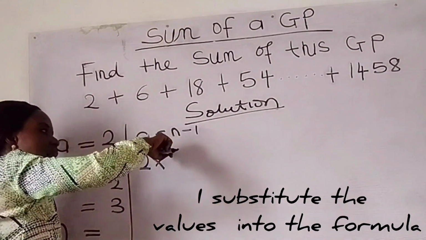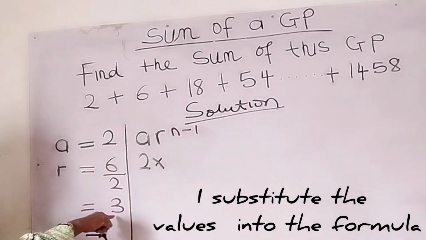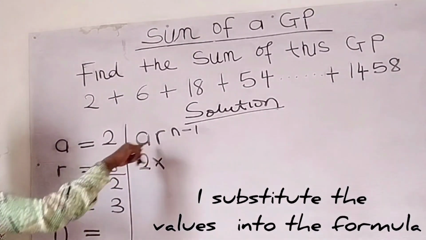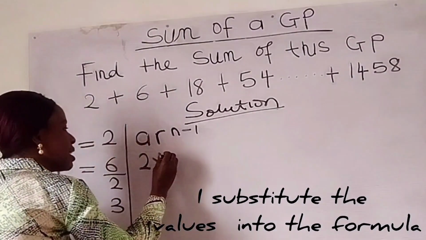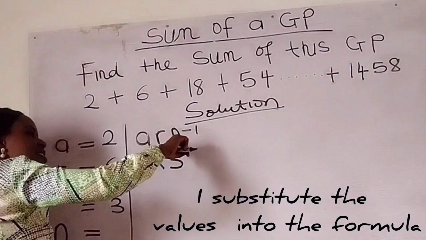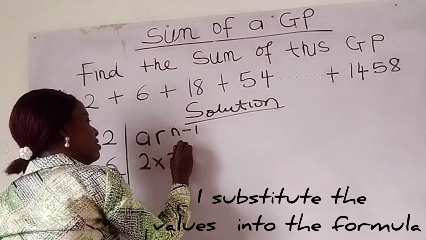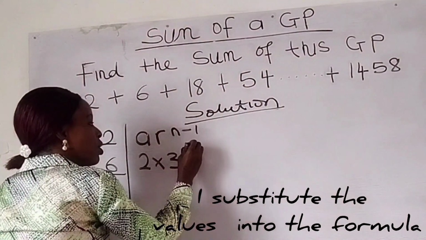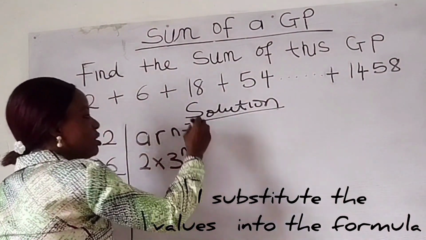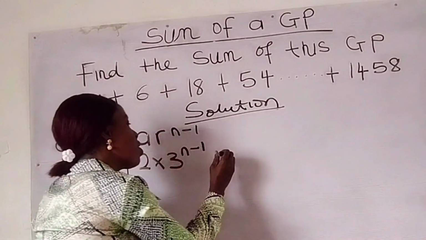R equals 6 over 2 equals 3. So it's 3. We did not know our n, so we still write it as n. Put the minus 1 according to the formula. Equals to